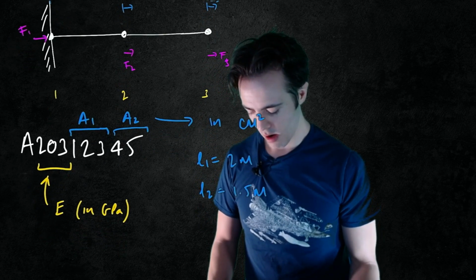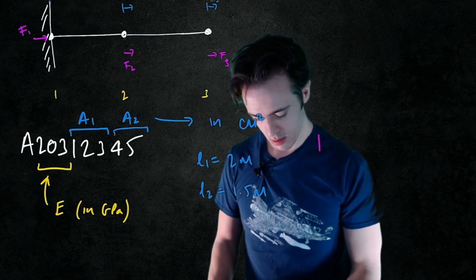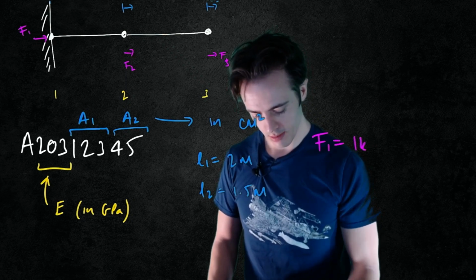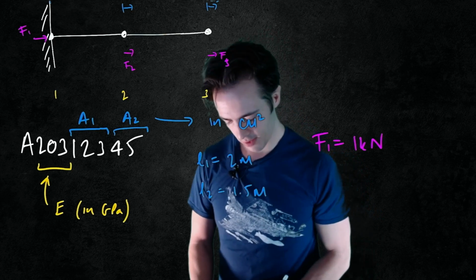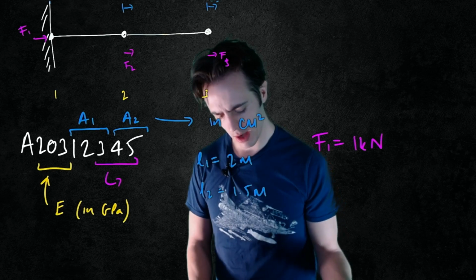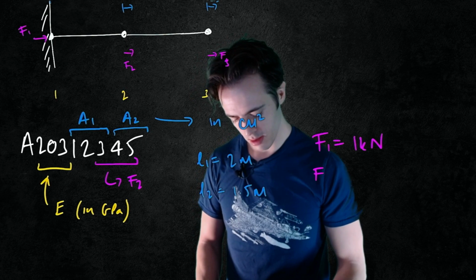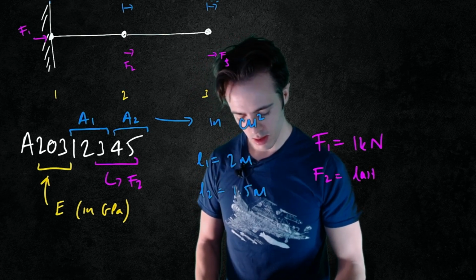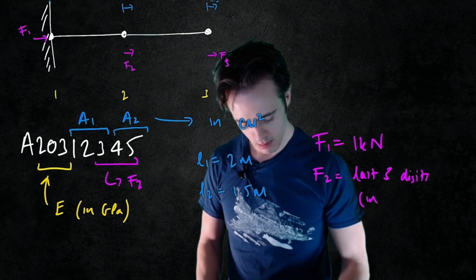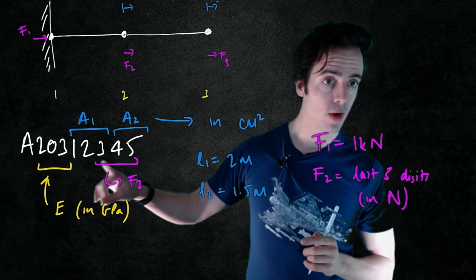Let's say F1 is 1 kilonewton, and then F2 is your last 3 digits in newtons. And again, if you have a leading 0 or 2 leading zeros here, I don't think anyone's got 2,